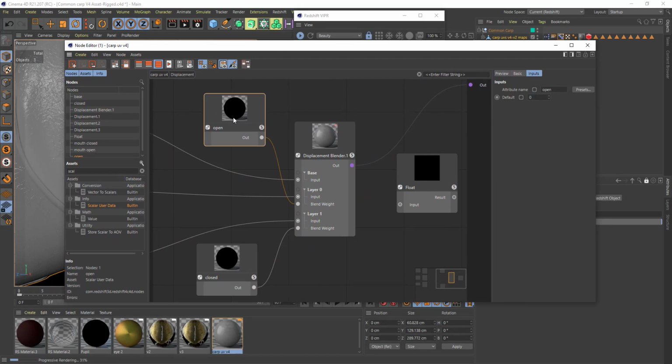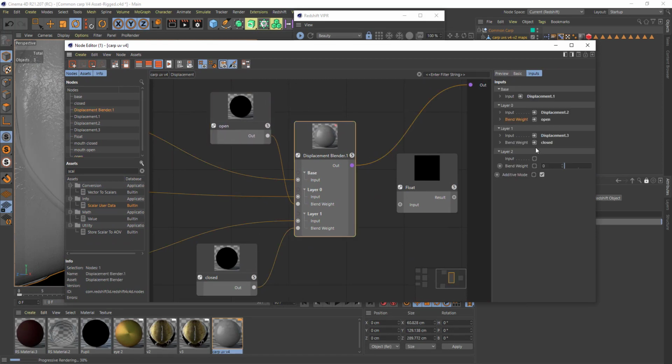So one of the displacement maps is actually plugged into the base, and if you notice here, the base is on the input. It means it's applied 100% all the time, it's not going to change, whereas the other two layers, layer 1 and layer 2, are controlled on top of there by using the additive mode. So whichever one is turned on 100% is going to be added to the displacement that's already permanently plugged